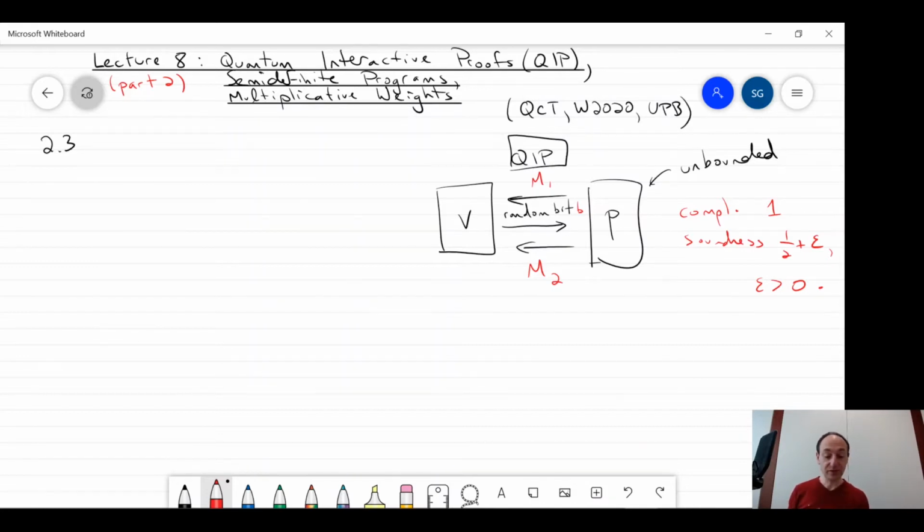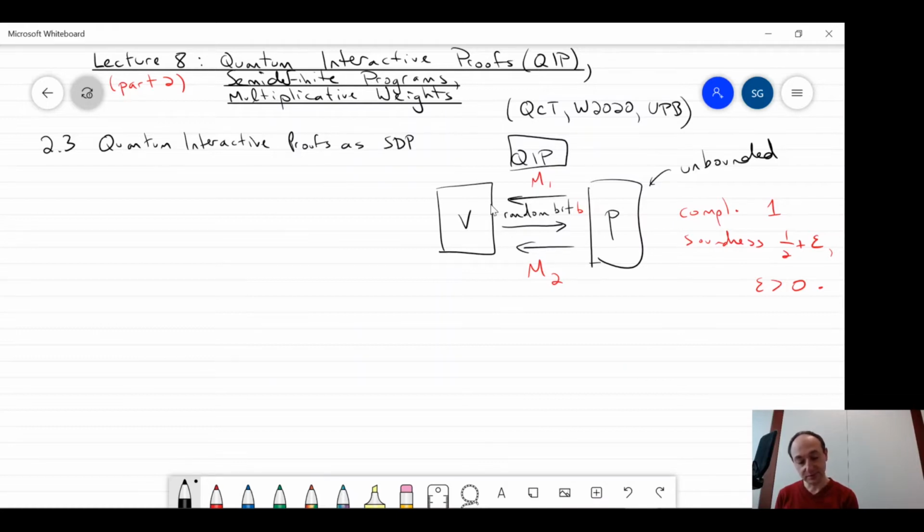All right, so now let me show you what the actual protocol is going to be in a little bit more detail. This is the high-level sketch. To write it as an SDP, I need to give you a little bit more details. So, quantum interactive proofs as SDPs. This is the verifier, this is the protocol. Step 1 of the protocol: the prover, who's Merlin, sends the verifier